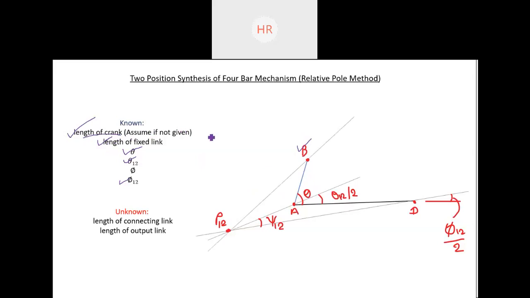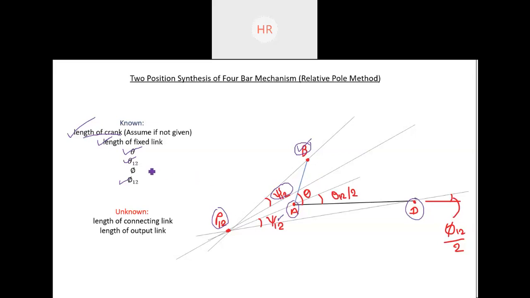Now we will draw a line passing through point B and the pole point. We will draw a line passing through these two points. Then from that line, at an angle zeta 12, which we measured here, we'll draw a line whose length is unknown, so we are drawing a line of unknown length. So now we have point A, point B and point D. Only point left is point C.